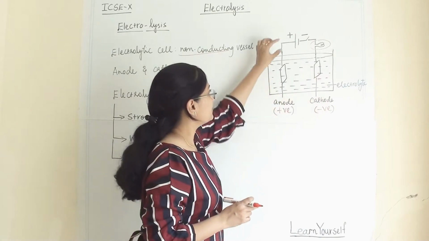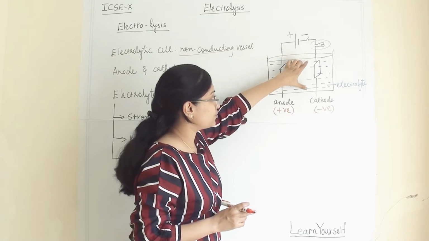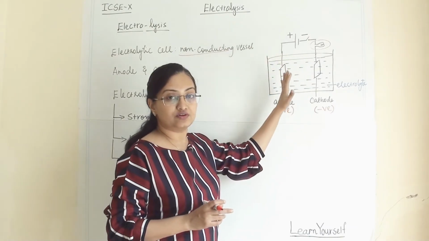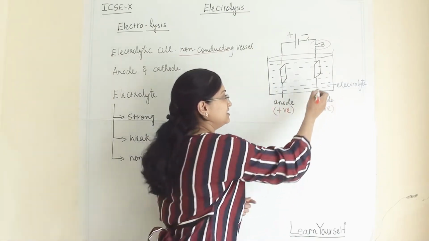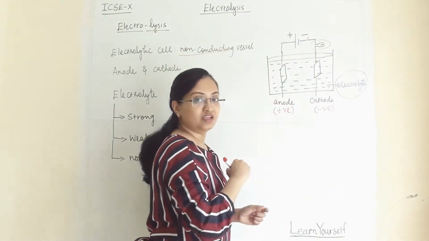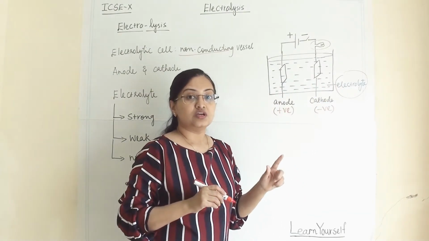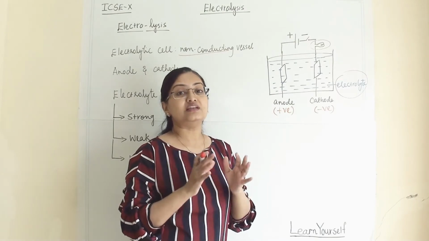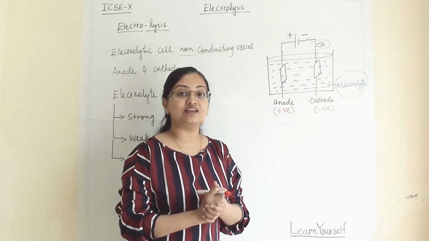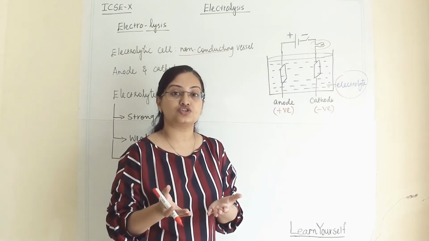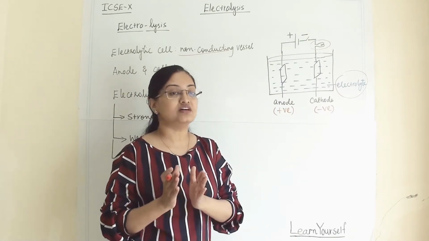Now when we place the electrodes, we have to provide one medium to the electrolytic cell so that ions can pass through it. For that the electrolyte will come. So an electrolyte is a solution in which the ions should be dissociated. So we are taking an electrolyte such that it will give us ions after dissociation.